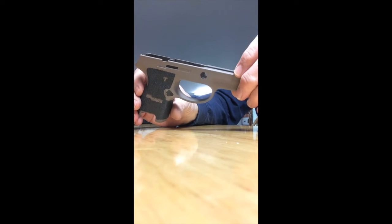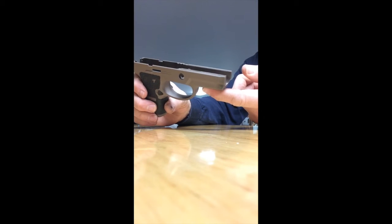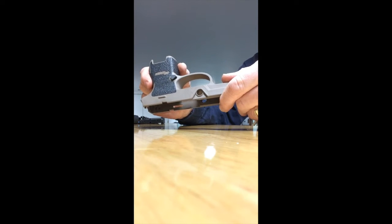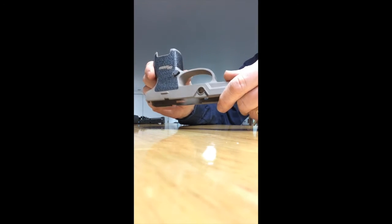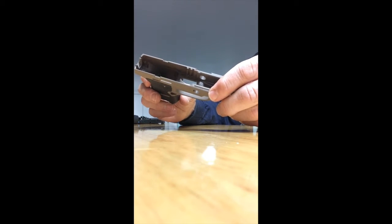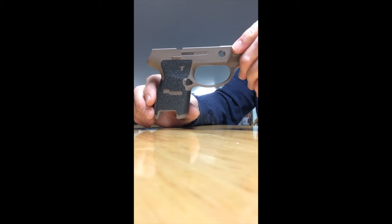The subcompact frame is different. It still takes the same magazine size. However, there's no rail here. This happens to be a small, and I'm not sure if Sig creates anything other than a small for the subcompact. It also has a set of Talon tactile grips on here. Let's take a look at the differences in the upper,